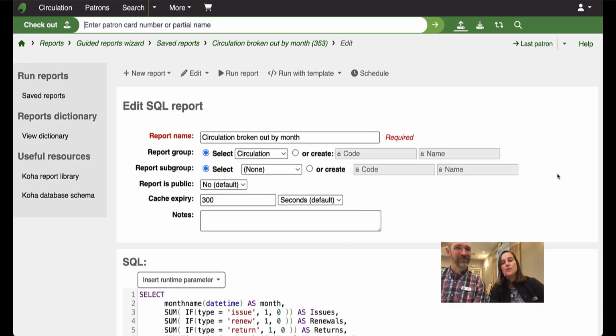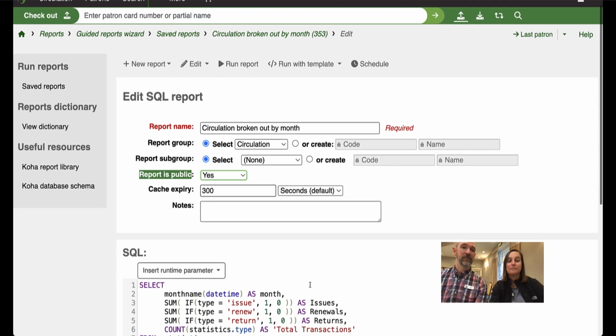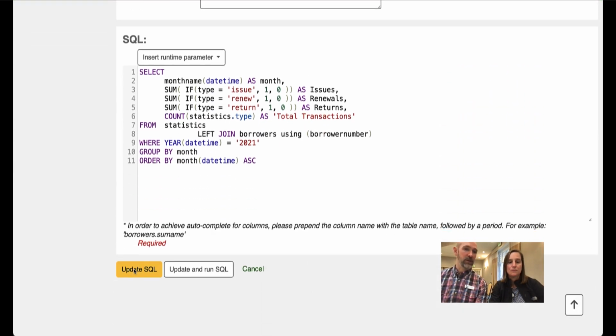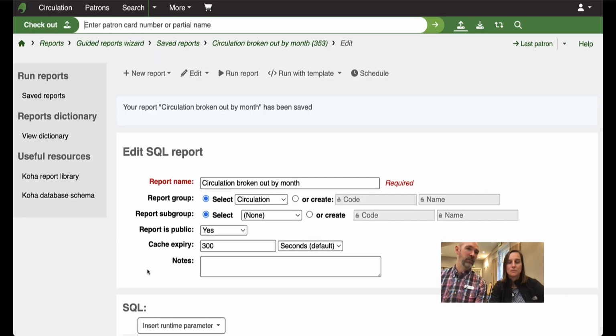All right. So when you're creating reports, you'll usually see this option and it will ask you, report is public. 99% of the time it's probably no, because it's data that you're analyzing. You want to see what the turnover rate was, or you want to look at how many patrons are between the zip code. If we change this to yes, then we can push that data out. So once we save this report, if we go back to the reports view, the table of saved reports,